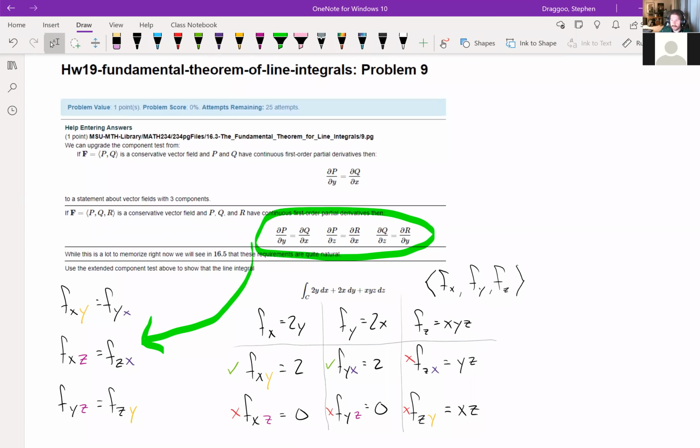Here was another fun one. Oh yeah, I wanted to talk more about conservative vector fields. So this whole mess that we've got here, when we're checking to see if a function of 3 variables, or a vector valued function of 3 variables, could be a conservative vector field, we have to see, could this vector field have come from